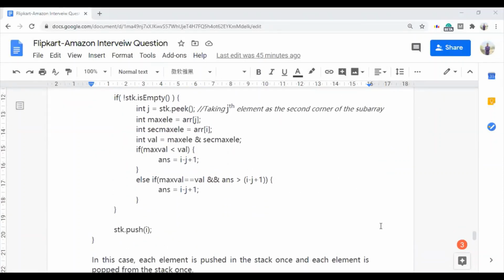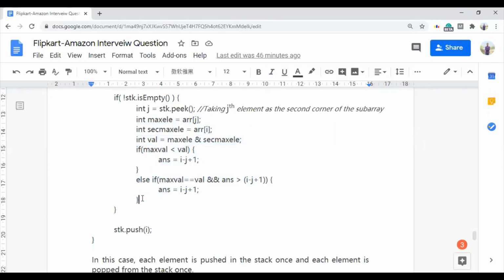Now, as we are out of the above loop, if the stack is not empty, that means the top of the stack contains an element which is greater than the element at which the ith pointer is pointing. So that is the last valid subarray which we can get, and as discussed above, further decrementing the jth pointer will not give us any valid subarray, so we will stop after this last case. We will take this last case, but this time the maximum element will be the element at the jth pointer, and the second maximum element will be the element at the ith pointer. So we will update our answer.